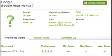So as you can see, it's called Google Asus Nexus 7. This is a benchmarking site, so it tells us a little bit about the tablet. You can see it lists it with a 1.3 gigahertz quad-core Tegra 3 processor. The 7 in the name kind of tells us that it's going to have a 7-inch display. It says it will have a resolution of 768 by 1280. It also lists a new build version of Android. It says Android 4.1, but it lists the build as